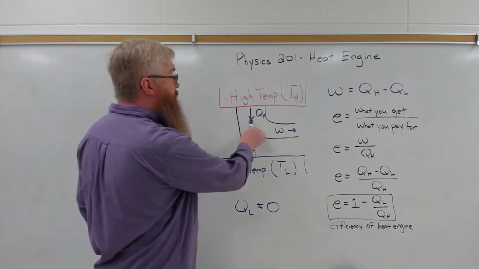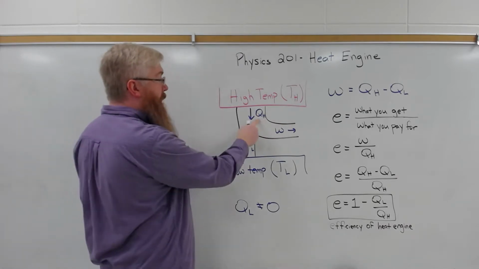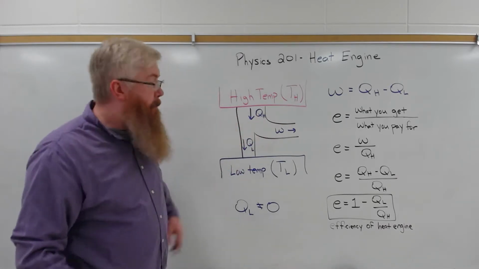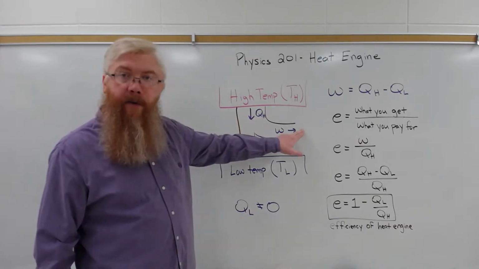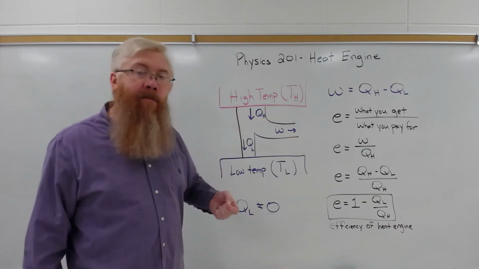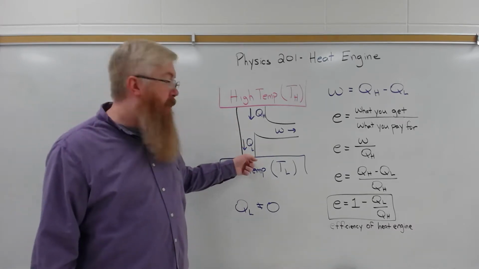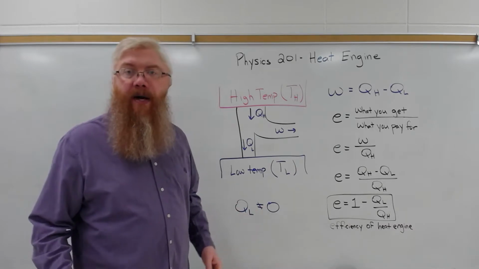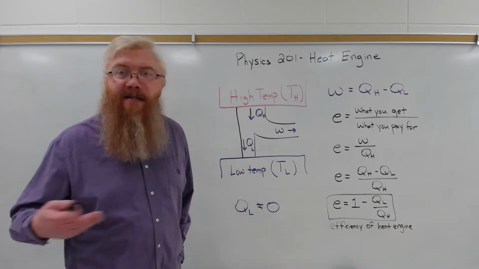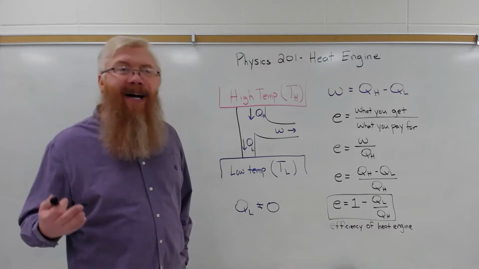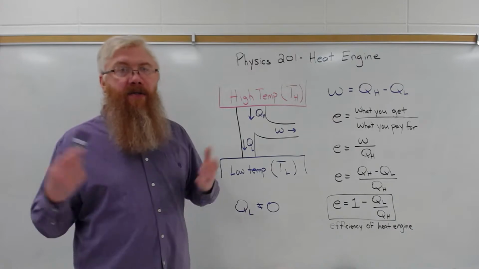So QH is the amount of heat pulled from the high temperature reservoir. That's, again, measured in joules. That total amount of heat, some of it goes off to do work, and the remaining bit that doesn't do work is dumped into the low temperature reservoir, overall increasing the temperature, right? But usually on a very small scale. So the automobile exhaust that gets dumped out really does not increase the temperature of the atmosphere substantially, because the atmosphere is so great.